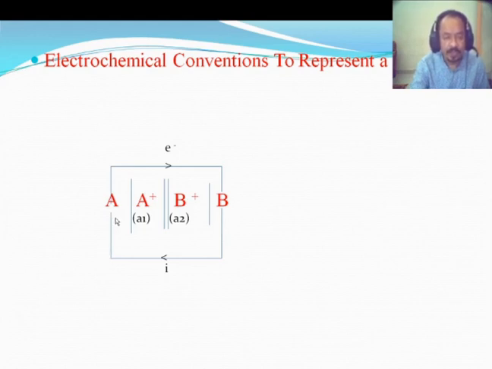In this way a cell is constructed by means of two half cells. One is the oxidation half cell, another is the reduction half cell. Now this representation, that is A | A+, is known as a couple. Now A gets converted into A+, it is oxidation, that's why it is called an oxidation couple, and B+ with B represents the reduction, that's why this part is called a reduction couple. In this way we can represent a cell.